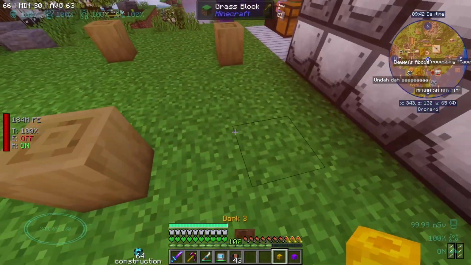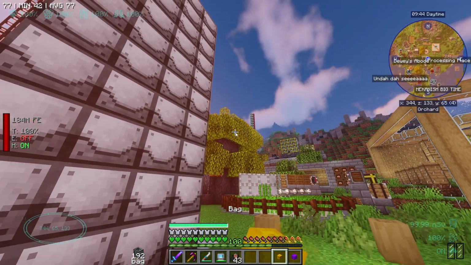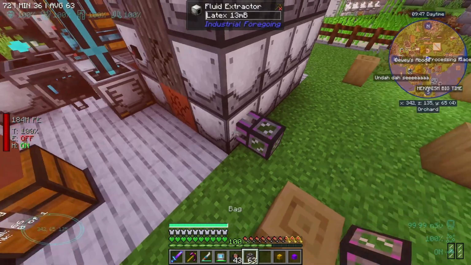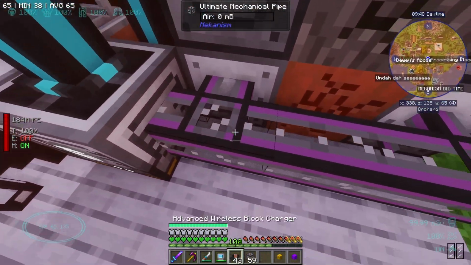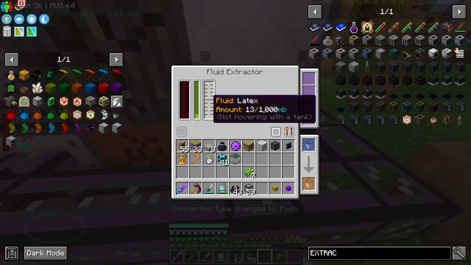Or do I just use the other pipes? Okay, I've got to grab them out, I guess. That's fine. Or do I just use these pipes? For example, this guy has latex. If I place this guy, he doesn't have latex. But let's say we go across here, and let's say I set this guy to pull. Now this guy, as you can see,